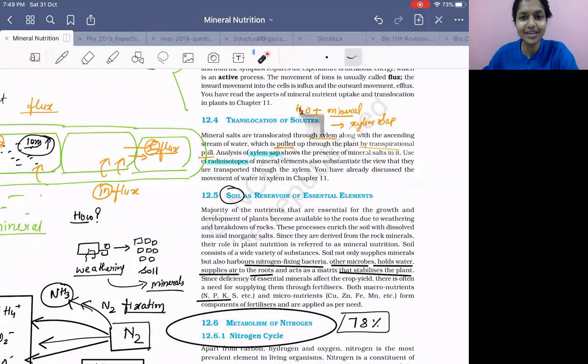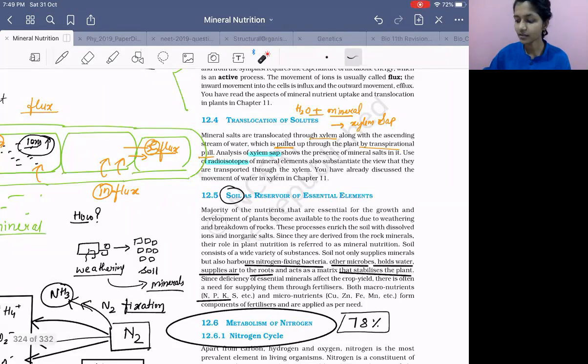Now, we did so many experiments to prove it that the minerals go along with the water. We used radioisotopes mineral so that it can blink. So, when in the xylem movement is happening, and we have radioisotope minerals, that will blink in the xylem. So we will get to know, yes, the minerals are moving through the xylem, right? So we did several experiments by which we got to know that, yeah, really, the minerals move from xylem.